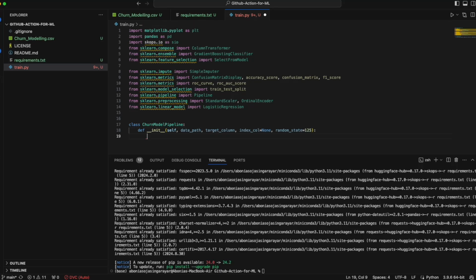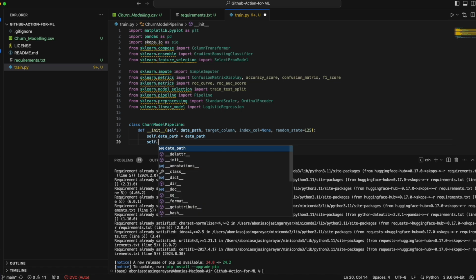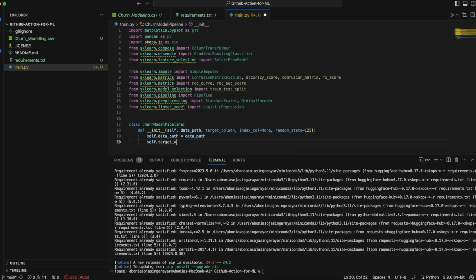Once we're done with it, we have to initialize a set of parameters. So basically, this is a constructor method that initializes the attributes of the churn pipeline class, and it sets up the initial configuration needed for data pre-processing and model training. So let me write the code. Data path, just data path here, target column,